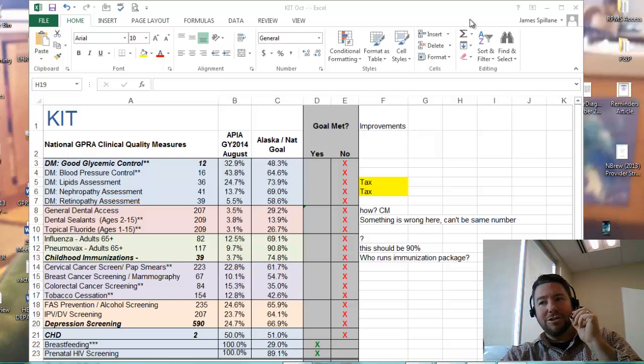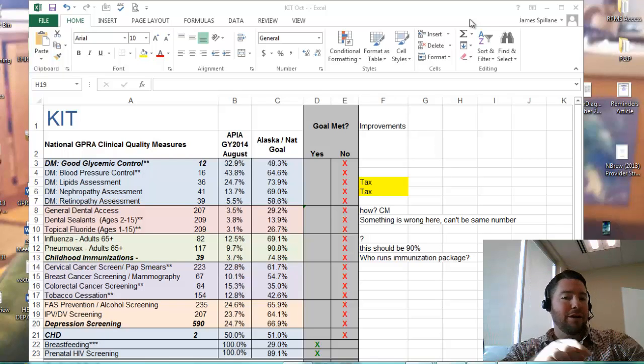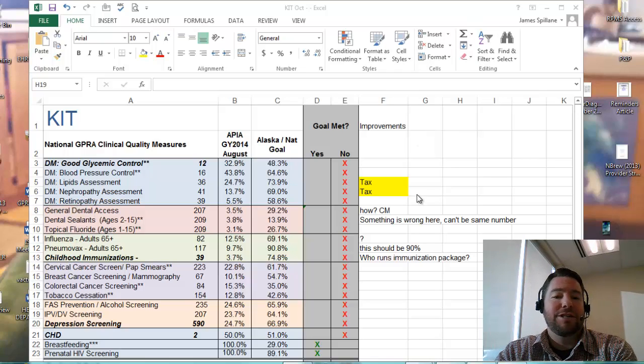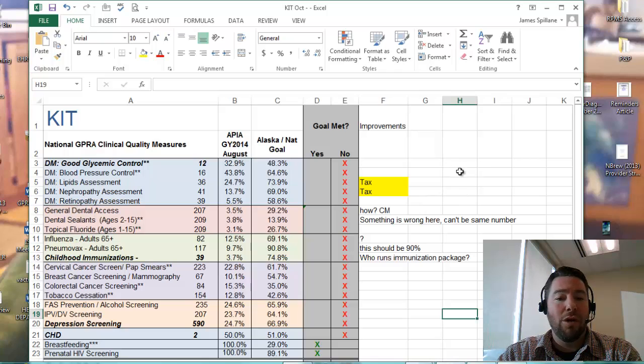Hey guys, I was just doing some quick little benchmarking, looking at some numbers in your back end, and I figured I might as well just get started looking at some things, and there are some discoveries. So I just want to quickly go in here and have some fun with this stuff. So I was looking at your GIPSA numbers just as a diagnostic tool, and one of the things I